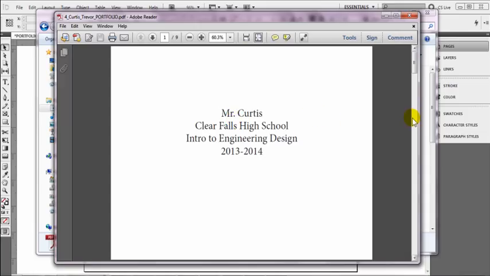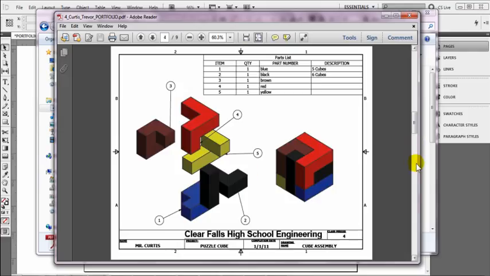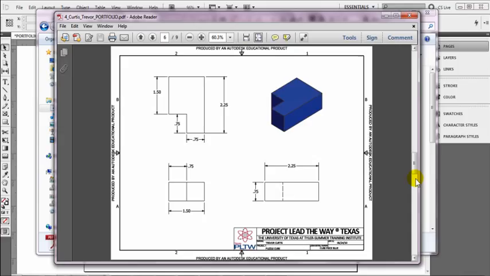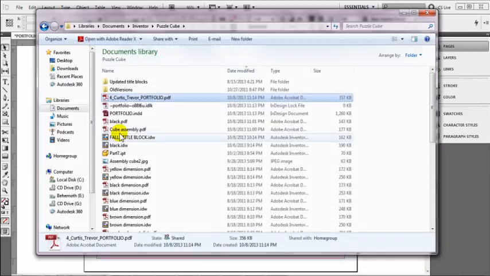I can click and go down to my table of contents and click again, and here's my Puzzle Cube, and here are my title blocks. So it worked. Okay. My last two pages are blank because I didn't put anything on them, but you should never have any blank pages. Okay. This is what you're going to turn in, and you're going to keep adding to your original